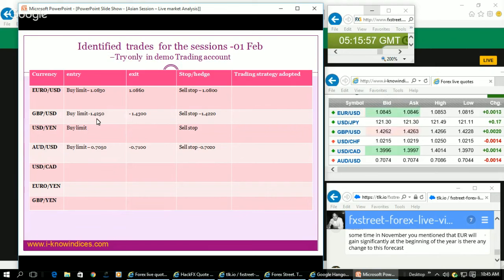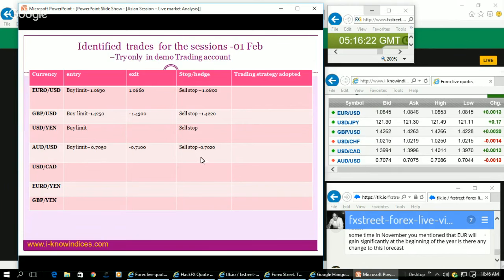GBP. In both Euro and GBP, they have not breached the low, and they may come a little bit down, but they may not breach. So at 1.4250 we can keep a buy limit order, and 4.3 we can keep the exit order, and 4.220 we can keep the hedge order. In the case of the Australian dollar,